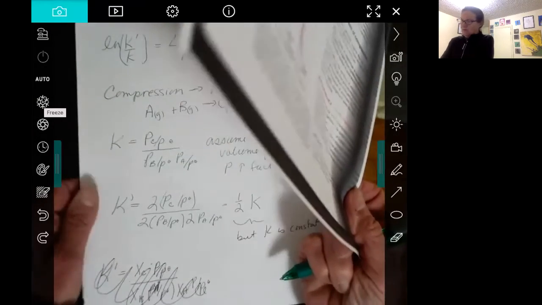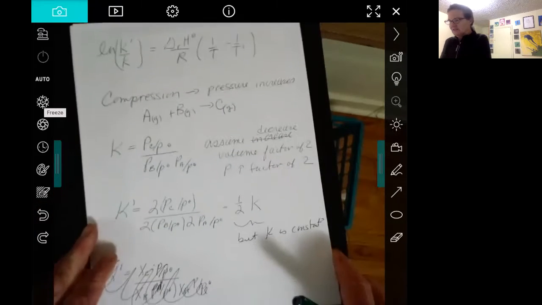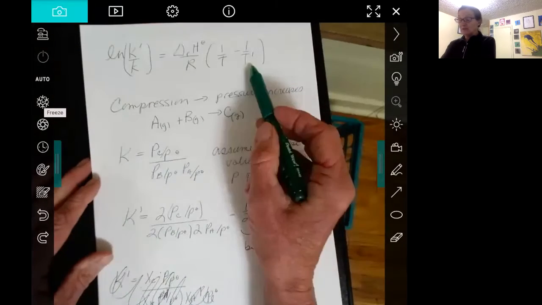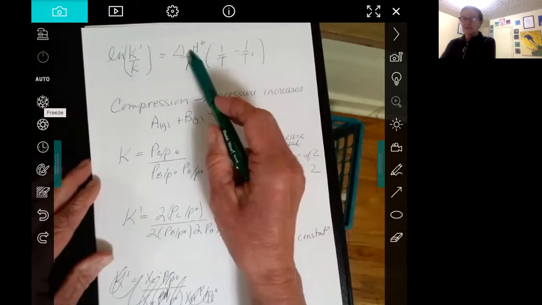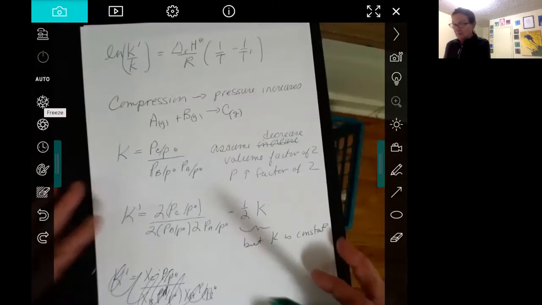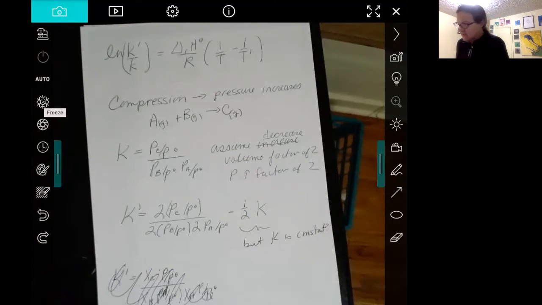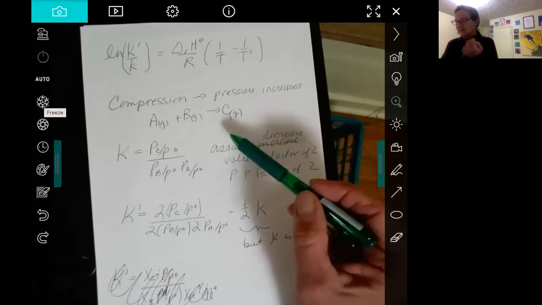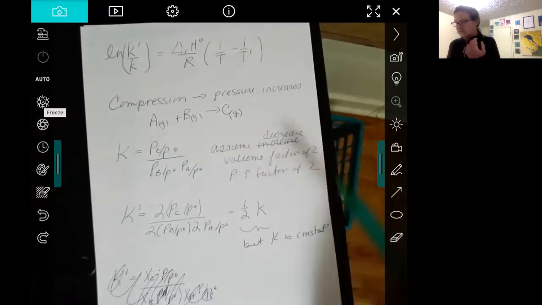So that's what we already have talked about, that it's whether or not the reaction is endothermic or exothermic, whether it goes up or down with temperature, and then how much it goes up or down depends on how big the delta H is. So now if we're talking about compression, it's going to depend on what the stoichiometry is,